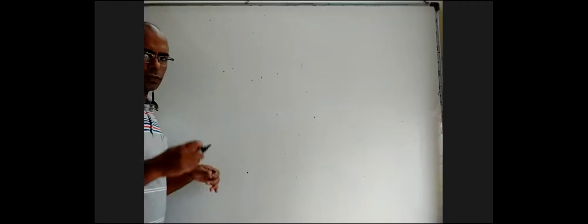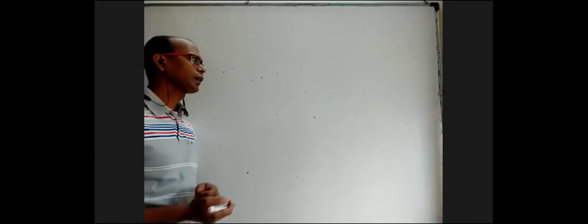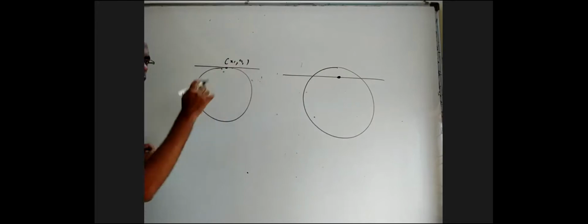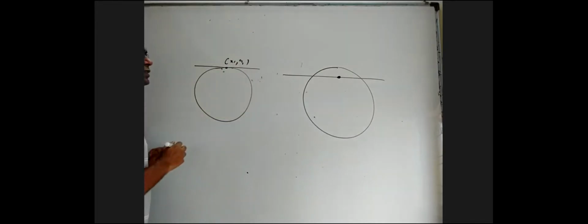So circles, I discussed S1 plus S2 equal to S12 and the formula S1 equal to 0, which is applicable for all the 4 conic sections. I'm going to discuss one method for when a circle is there and a line is there where the midpoint is x1 comma y1, or for a circle there is a tangent at x1 comma y1. The derivation for both of them is the same. Let us see how.